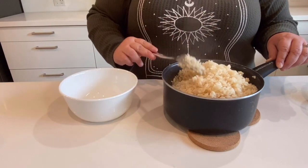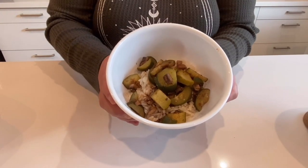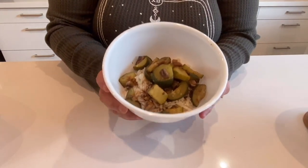Smells so good. So I've plated it all here for you guys, and I've already tasted it, and it is